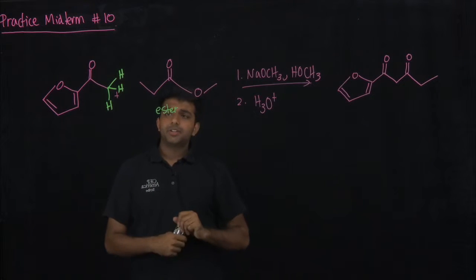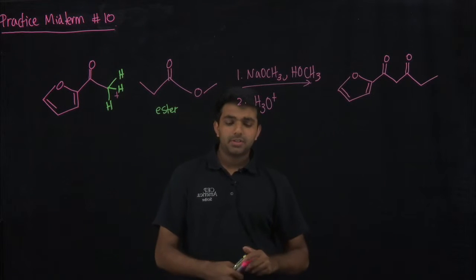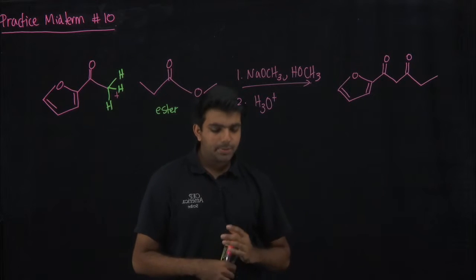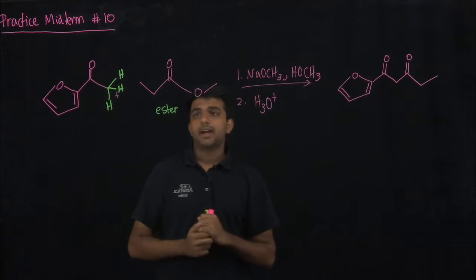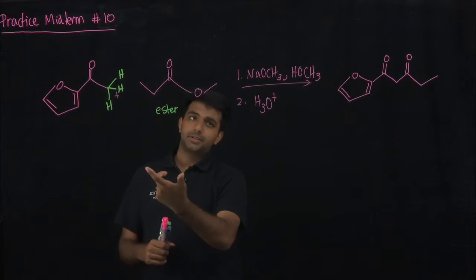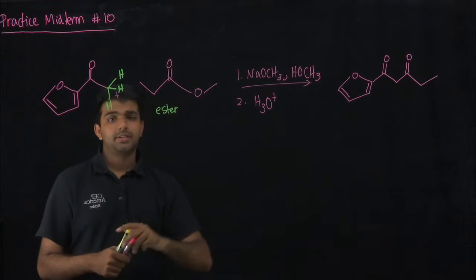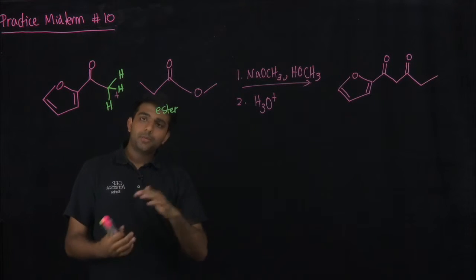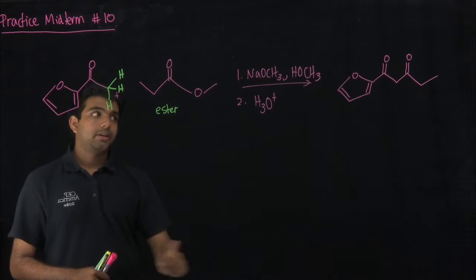So we're going to be doing another practice problem for the midterm. This one is number 10. The directions are to provide a mechanism for the following reaction. So you're given two starting materials, the reagent, and the final product. And your job is to provide the arrow pushing and the intermediates that will show you how you got to the